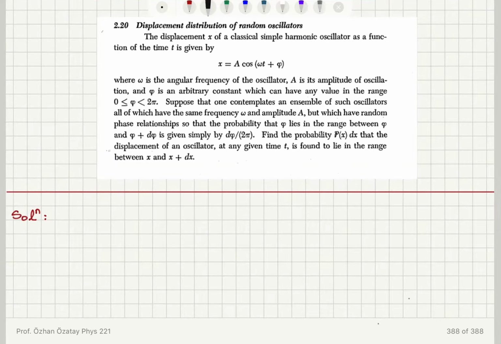Displacement distribution of random oscillators. The displacement of a classical simple harmonic oscillator as a function of time is given by x is equal to